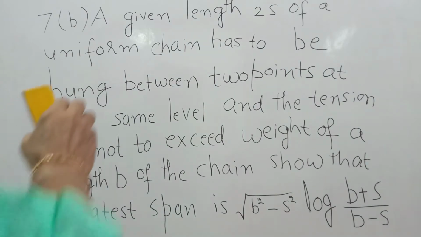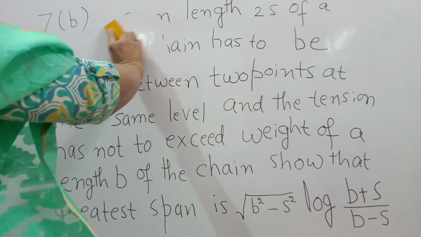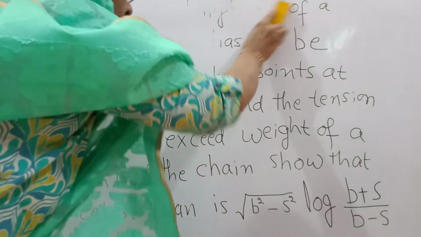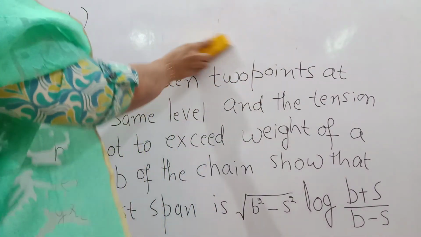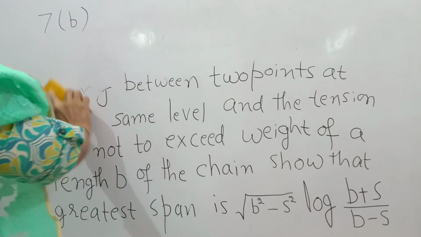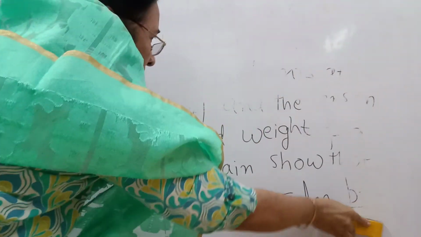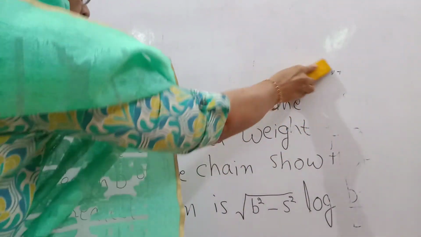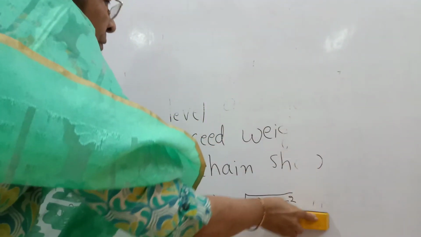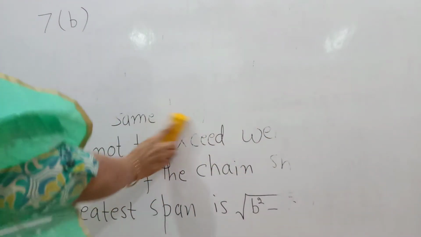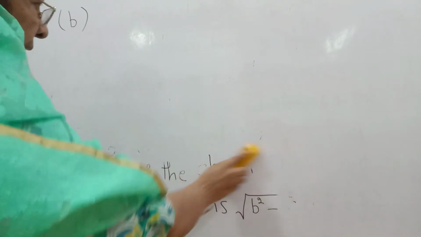Now let us do it. You know what we have to do. First of all, we will draw the figure and then we will apply some well-known formulas which were developed for the catenary, which you can use here. So let us see how to do this question. First of all, draw the figure with correct forces. This is a question of common catenary statics.